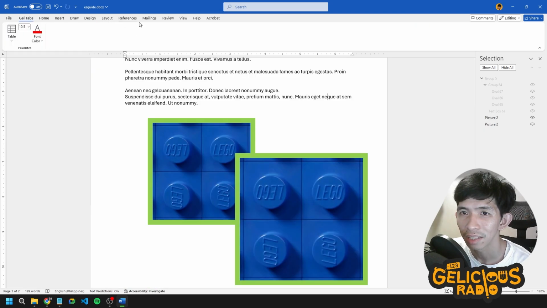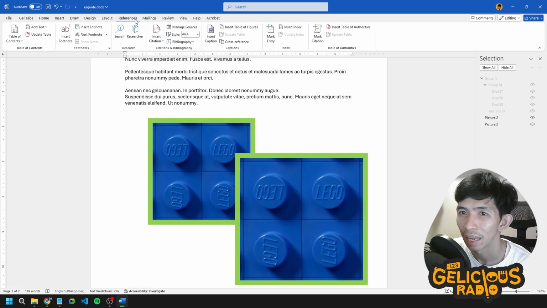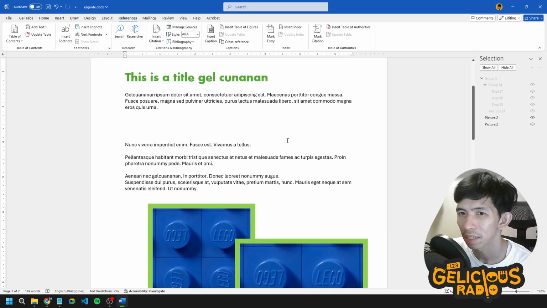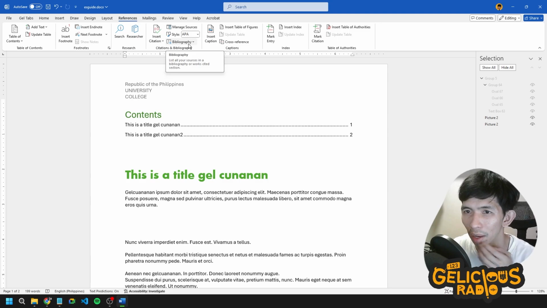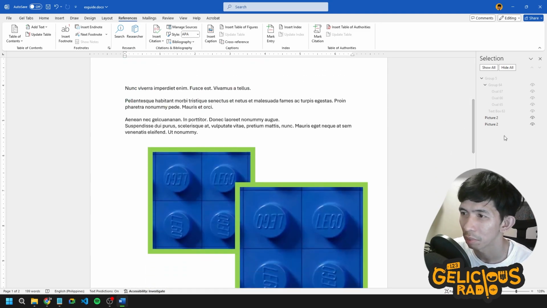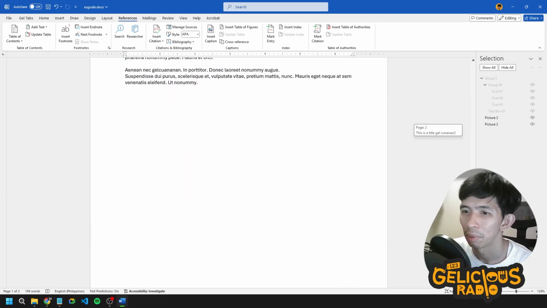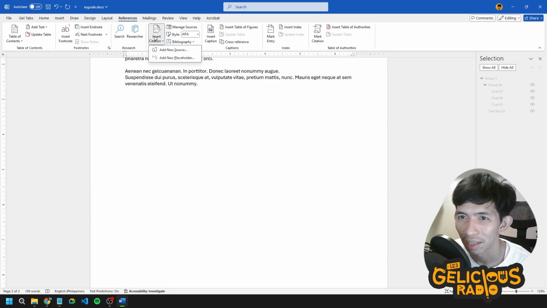The last thing siguro na ipapakita ko sa inyo is in here sa references. Naipakita ko na yung table of contents. So dito, gusto ko lang ipakita yung mga citations po natin. Sa citations natin kasi sa mga bibliography, like in our table of contents, we can add a dynamic or automatic adding ng mga bibliography. So let's say for example, paano ba ginagamit itong bibliography na to? In here, we can insert